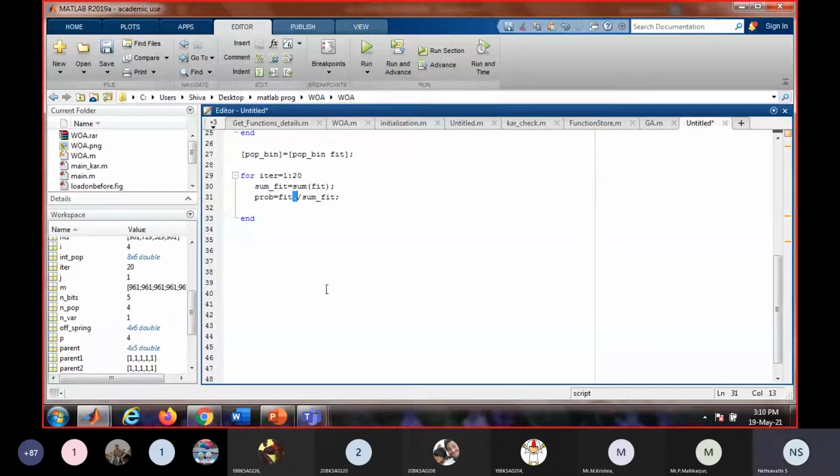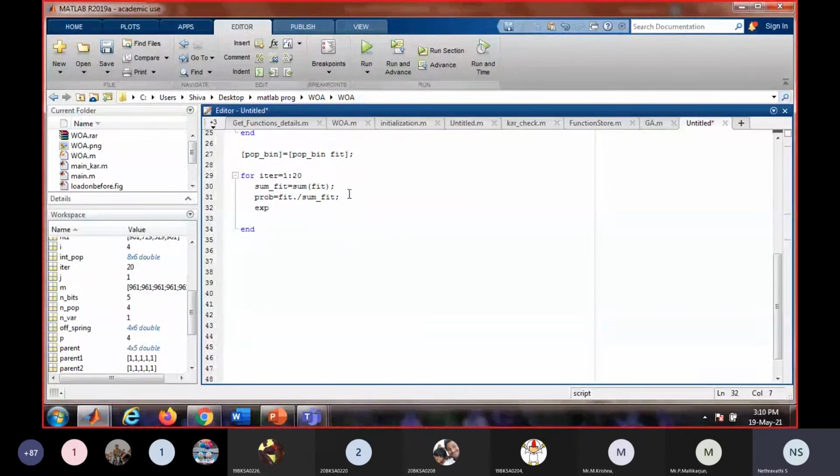Sum fit will divide the entire array, but I want it to divide one by one in the fitness column. So fit, if I put a dot, it will take each value. Okay. And then calculate the expected count.